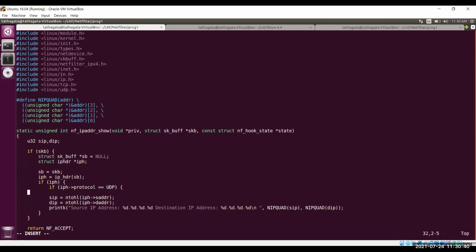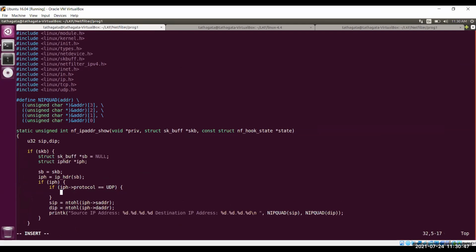And then you need to get the UDP header also, something like that. You have a typo, sorry. So you need to point to that also, say the UDP header.